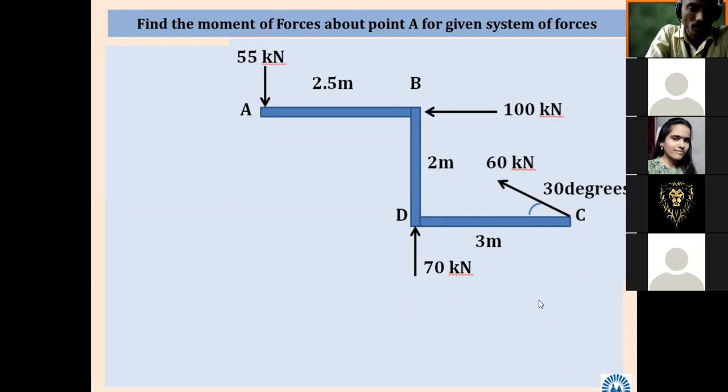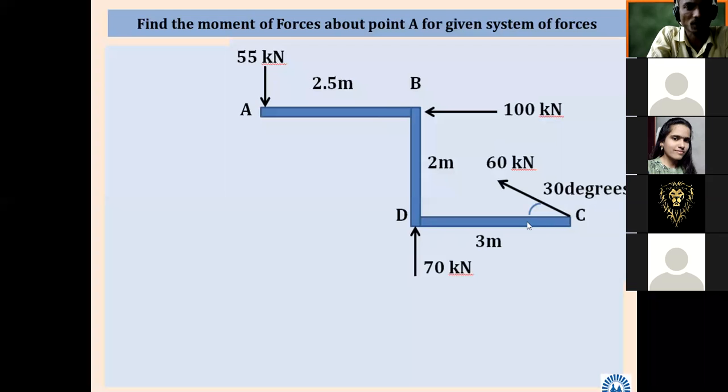Have you drawn the diagram? You can draw the diagram directly: one horizontal line, then one vertical. Horizontal line from A to B, then B to D vertical, and D to C horizontal. You can draw only the line, because we are not going to consider thickness. Thickness is not considered in this problem. So 4 points are given: A, B,